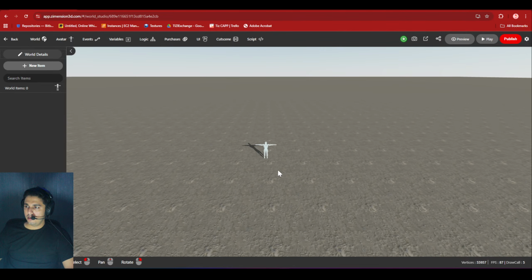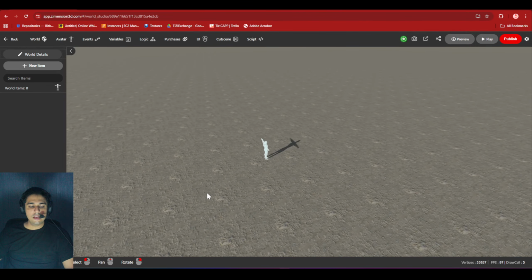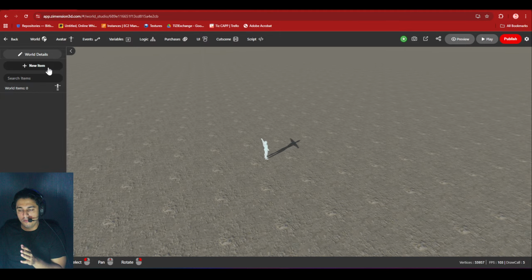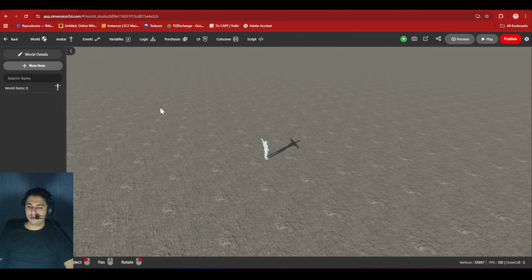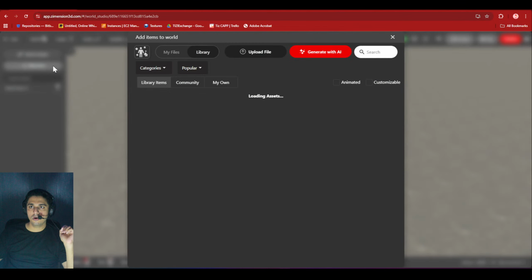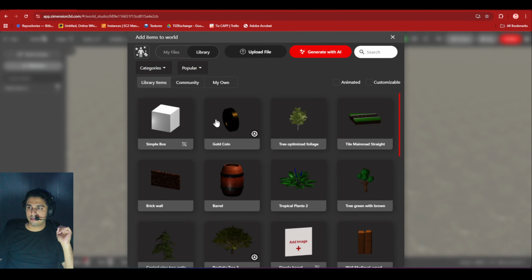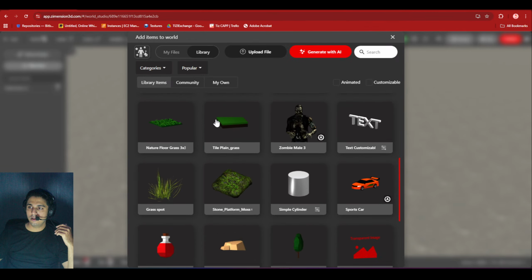Okay, so let me go back to the editor and clear a very important topic, which is collision, right? A lot of you will be importing some of your own assets, and these assets can be very high poly or low poly. They can be very detailed and can be a terrain also, right? Sometimes, even though Zimension by default analyzes the vertex count and makes the collision as object or box. So first, let's understand what exactly the types of collision are, and then it will help you guys.